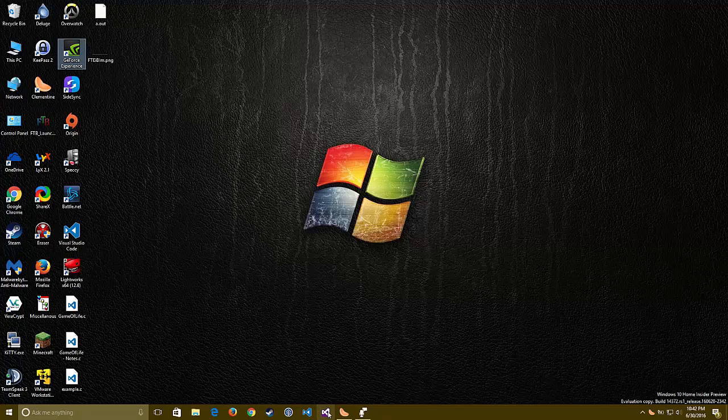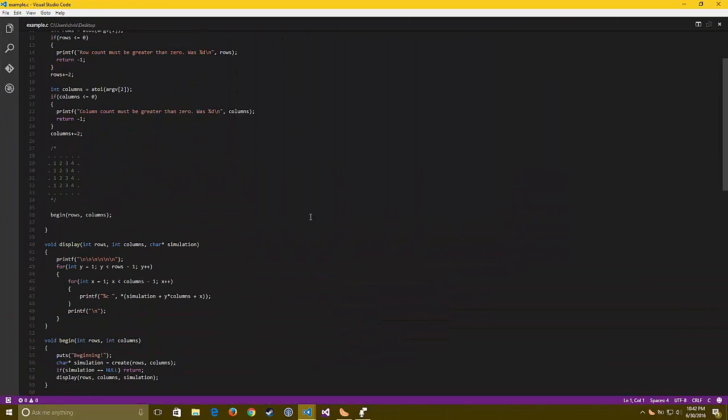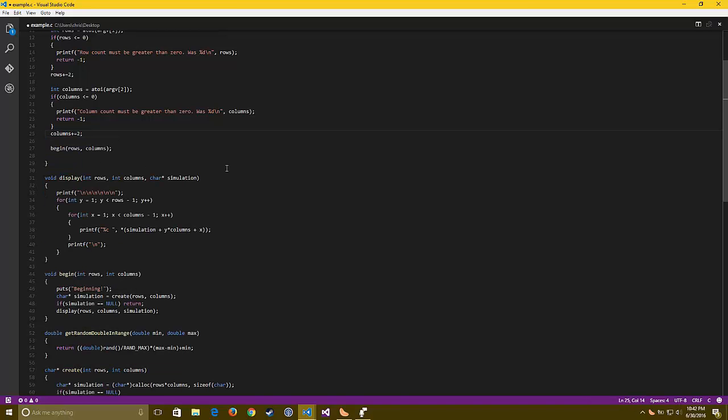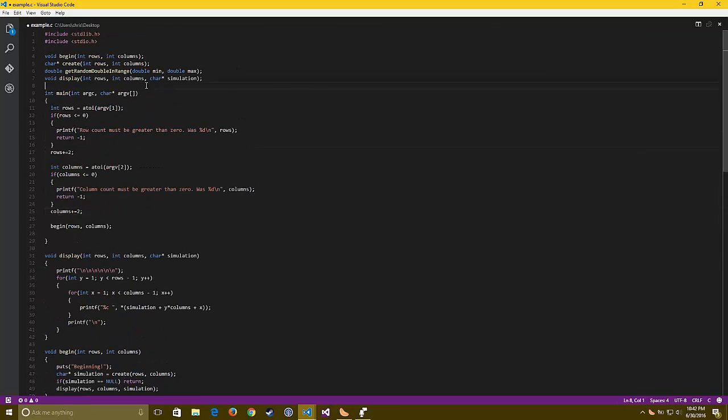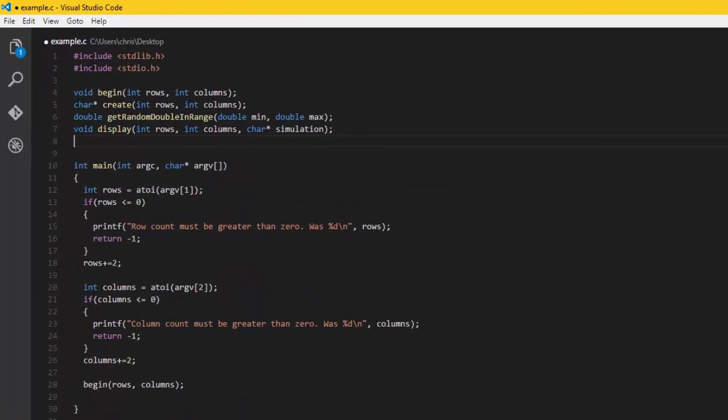Because of all that messing around, I don't actually have anything open right now, so just bear with me for a minute. Alright, so where we dropped off is that we'd added the plus equals 2 to the columns. So now let's begin counting our neighborhoods. We'll use a very simple function that returns an integer called countNeighborhood. And it'll take our rows, our columns,